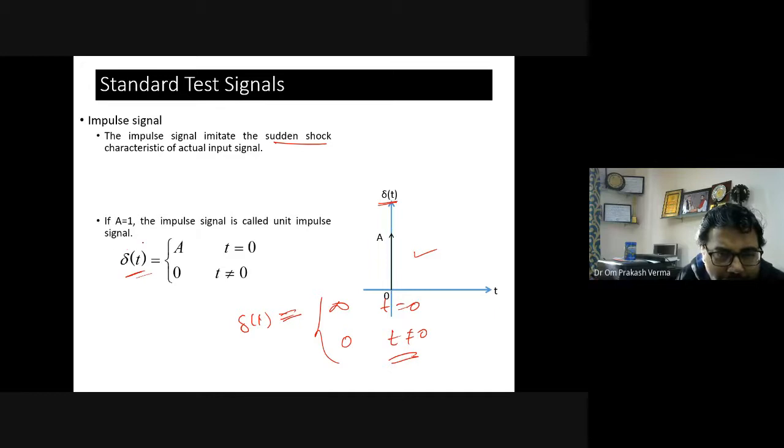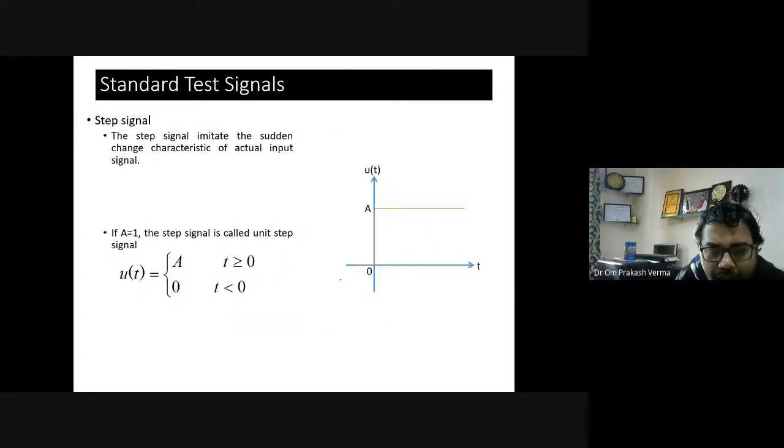However, we have represented this thing with the help of unit impulse. If we are saying unit impulse, it means the magnitude becomes 1. Okay, and if this is the impulse signal, then we have taken some magnitude. Okay, ideally it is very high value. So step signal, as you know that this is the step signal. So ut is equals to a for t greater than equal to 0. I'm not going to detail what happened at t equal to 0. Okay, and ut equal to 0 for t less than 0. Okay, so you can apply the Gibbs phenomena at t equal to 0.